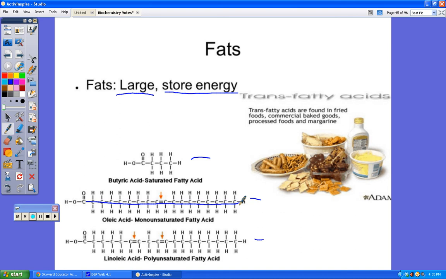So we call these, depending on the type of fat. So saturated fats have all the hydrogens in the area taking up spots on carbon. What you'll notice here is if you look at a monounsaturated, you'll see that there's a single double bond right here. And if you look at a polyunsaturated, they have a couple of spots where there should be hydrogens here, but there's not. Okay, so they are unsaturated fatty acids.